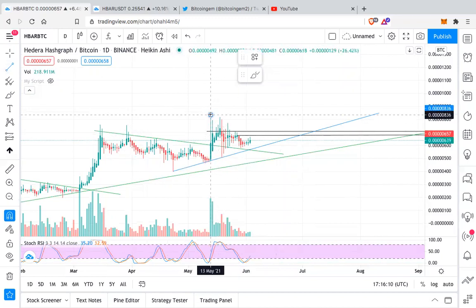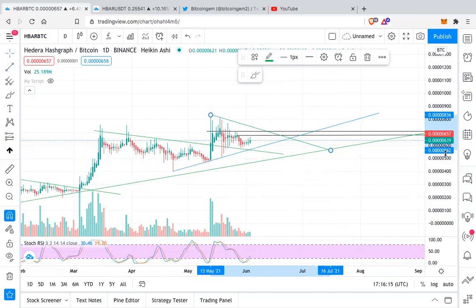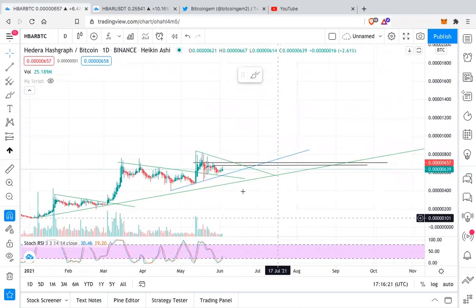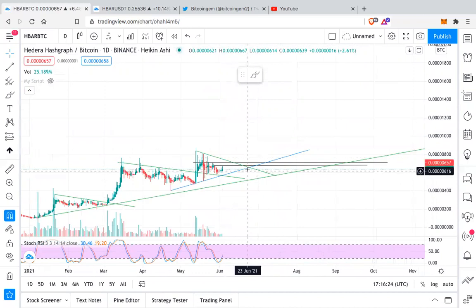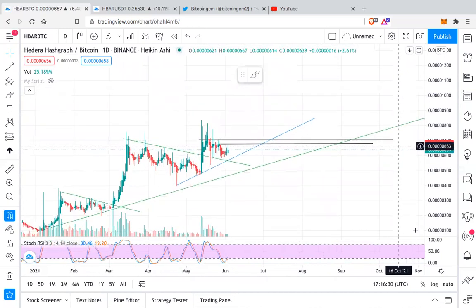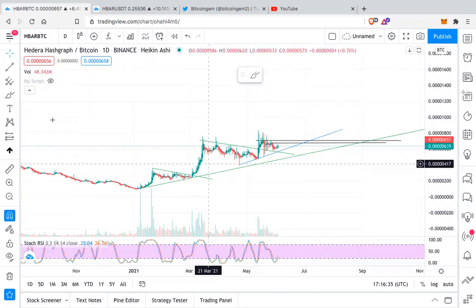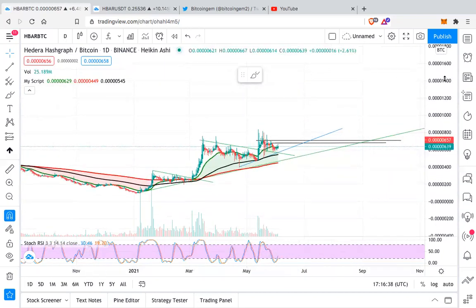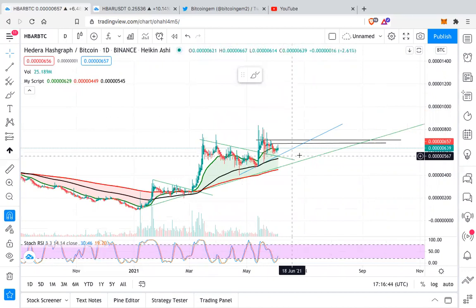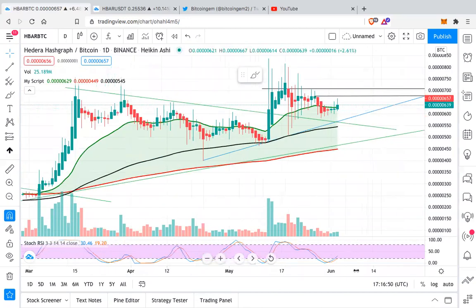So I think if Bitcoin keeps going up, even slightly at a lower pace, then I am expecting another leg up in HBAR very soon. Again, guys, this is not financial advice, and please understand that it all depends on Bitcoin. So this is a good looking chart, and since it's above the 21 EMA, it's bullish. I think this is one of the safest opportunities right now in crypto.